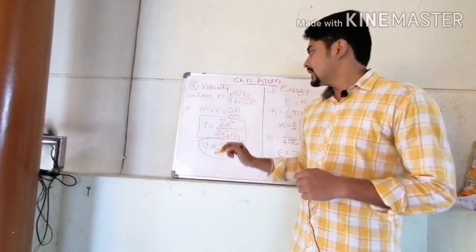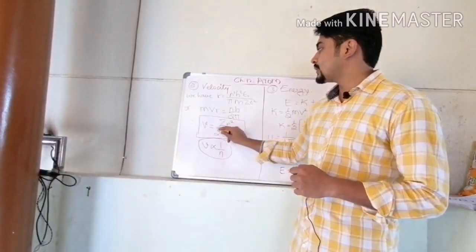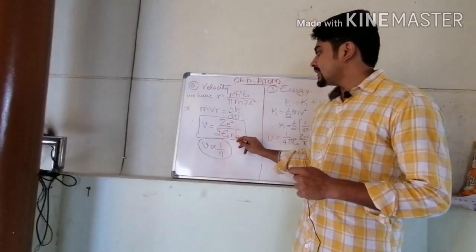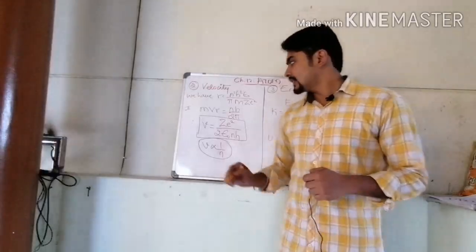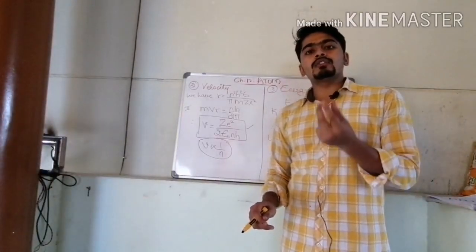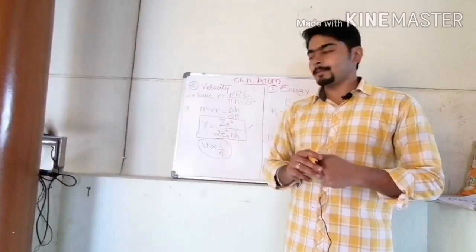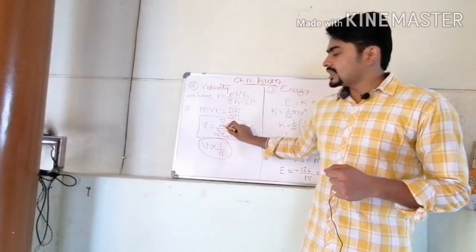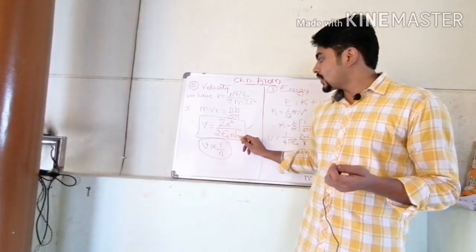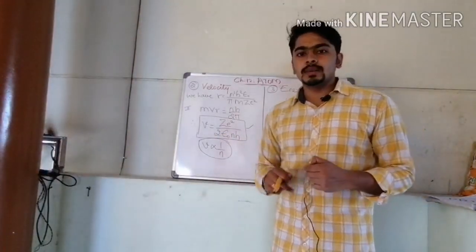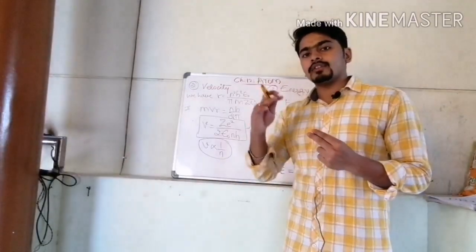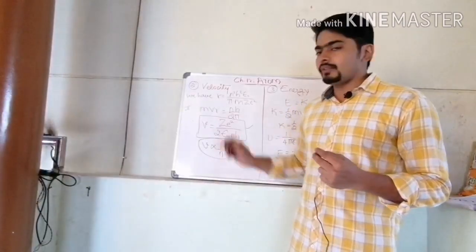And on simplifying it, we are getting the velocity, that is v is equals to z e square divided by 2 epsilon naught into n into h, which means through this equation we can get the value of velocity in a specific orbit. So z is a constant, e, the charge of an electron, is a constant, 2 epsilon naught and h are all constants. The variable factor here is n. For different number of orbits, you can calculate the velocity.